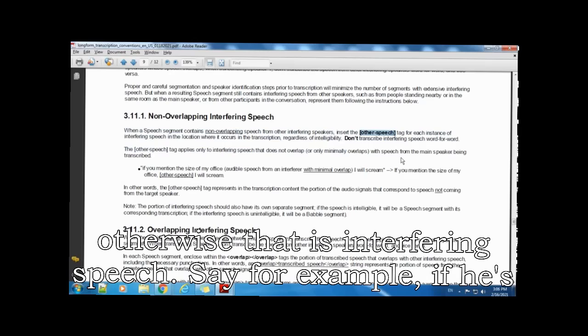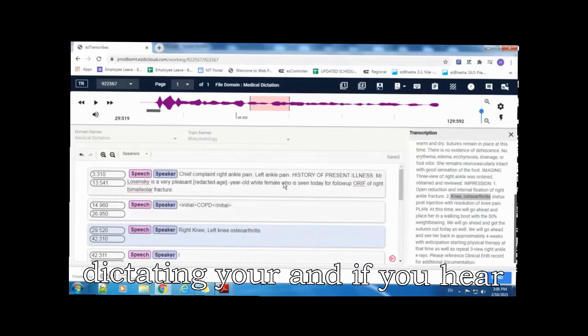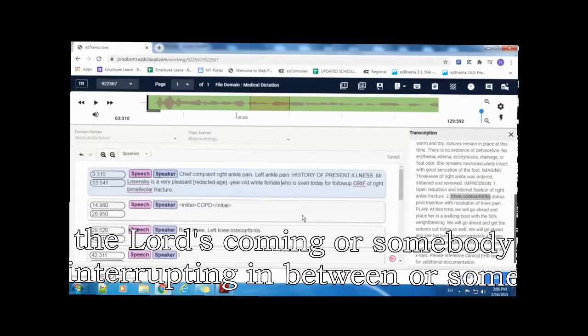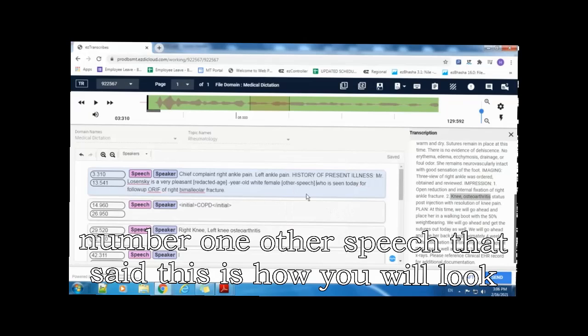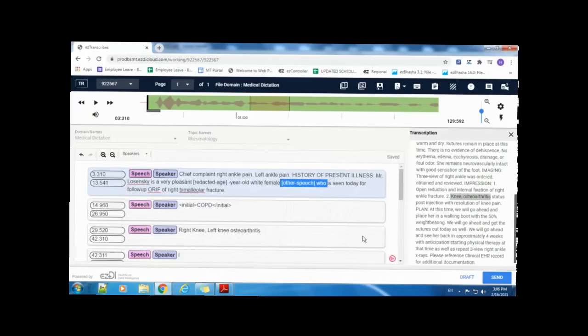Otherwise, that is interfering speech. Say for example, if he is dictating here, and you hear the nurse coming or somebody interrupting in between, or some words somebody is using behind, then you can use this. Press number 1, other speech. That's it. This is how you will do it.